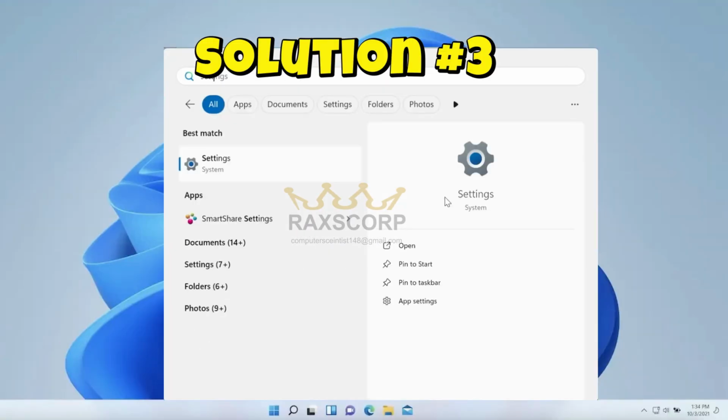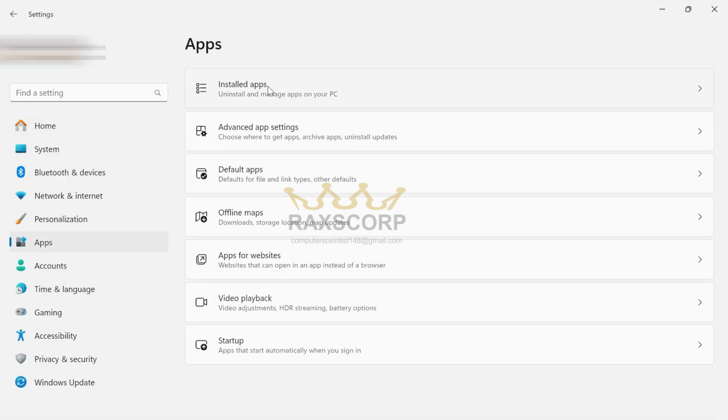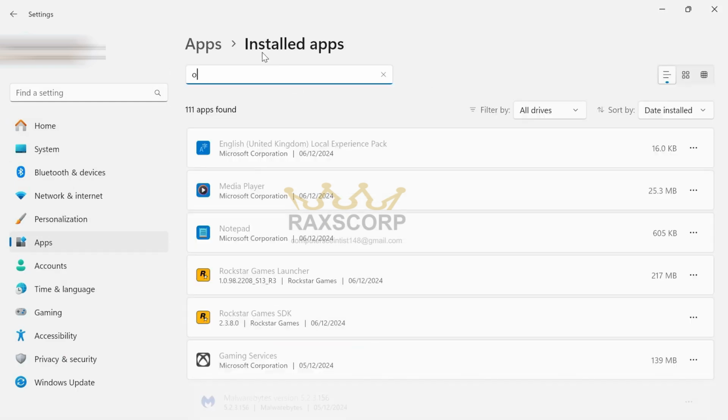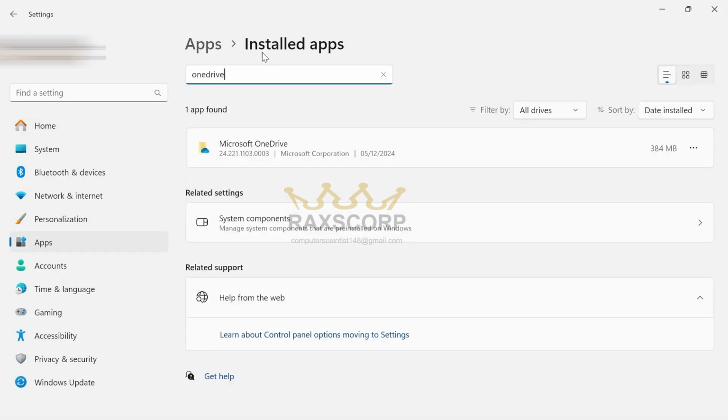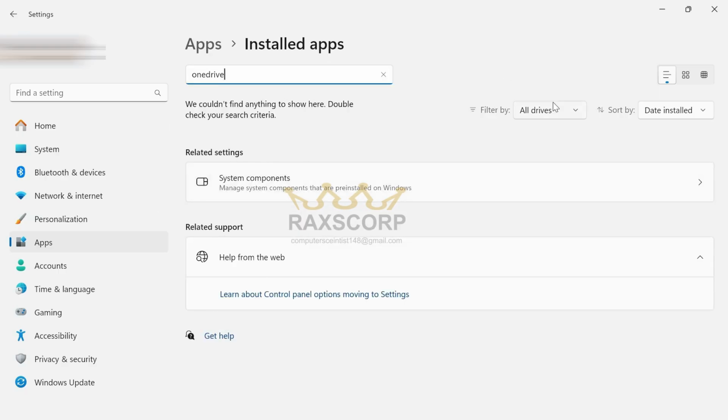Don't worry. Press the Windows button, go to settings and go to installed apps and search for OneDrive, and you have to uninstall this OneDrive. You see these three dots here, click here and click on uninstall it, and after it's uninstalled, try to launch the launcher. Hopefully one of these solutions will apply to your system,